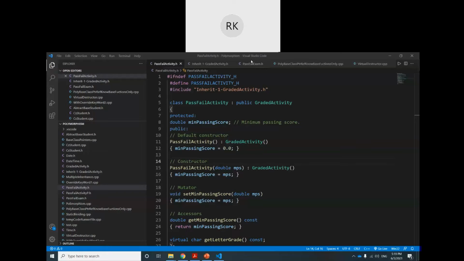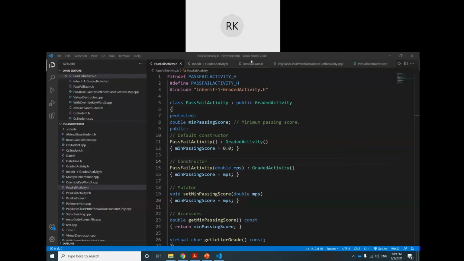But the difference is that in this case we are giving a name to the object very explicitly, but here the object doesn't have any name. When the code runs, the new will create a new object of the base class, and this object will be stored in this array at location 0. The next constructor will create pass fail exam, which is a derived class object, and this object will also be assigned to the same array whose type is a parent class.